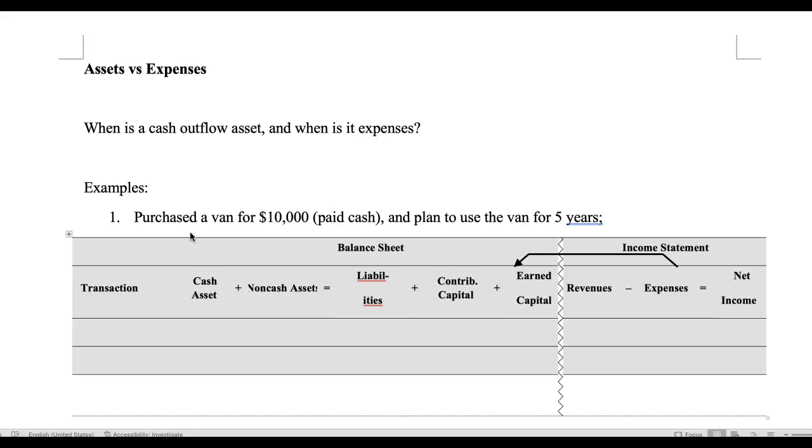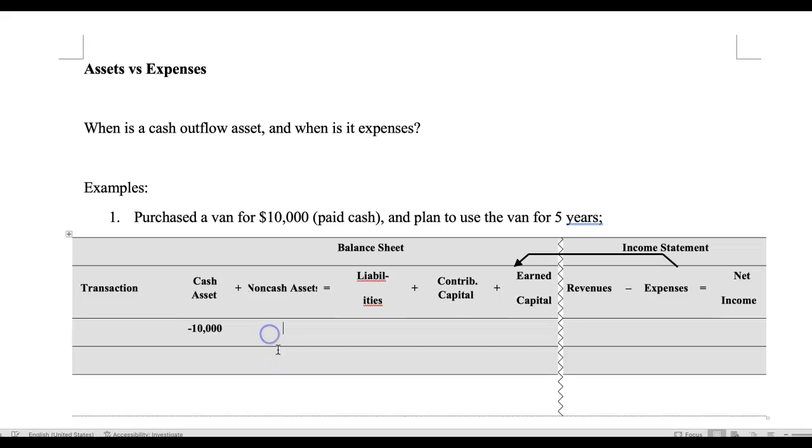The first example, we purchase a van for $10,000. We pay cash and plan to use the van for 5 years. Now, most of my students understand this is using one asset in exchange for another asset, and both the van and the cash are assets. So if we are using the transaction analysis, you will see this transaction will decrease the cash asset for $10,000 because we pay for the van,